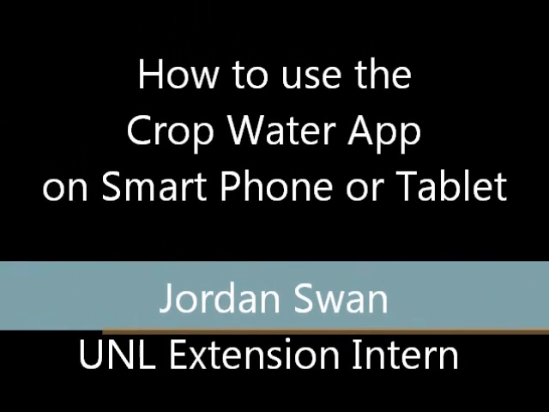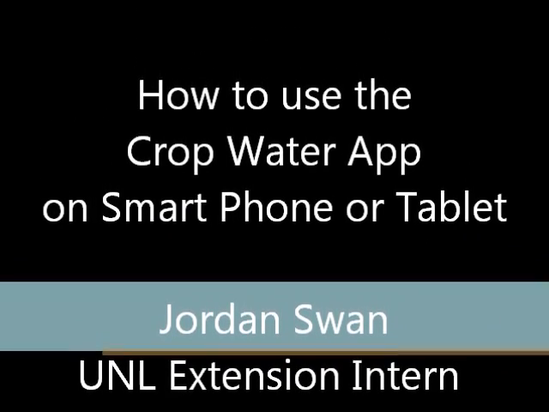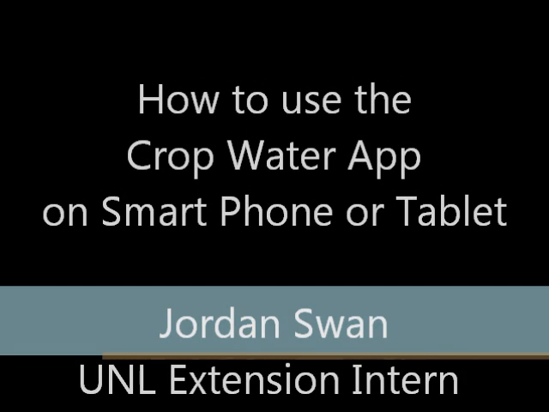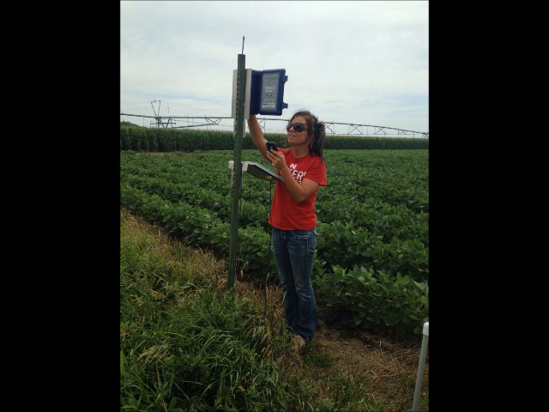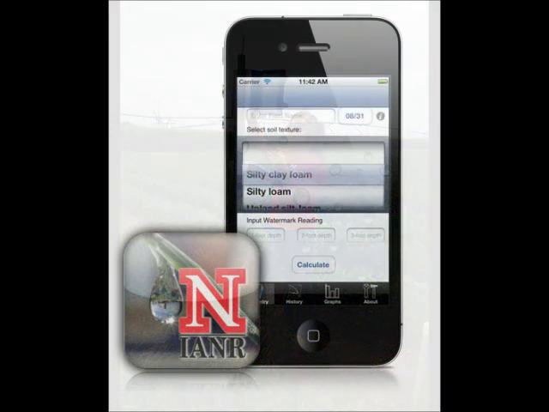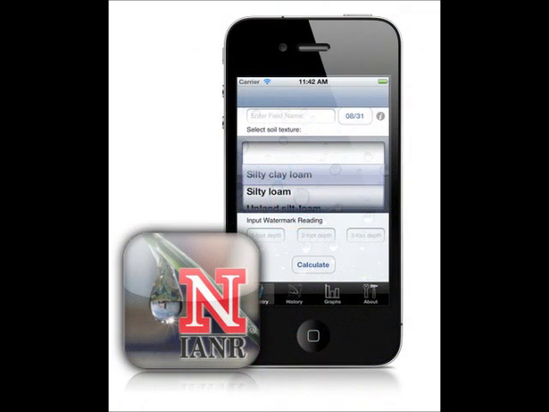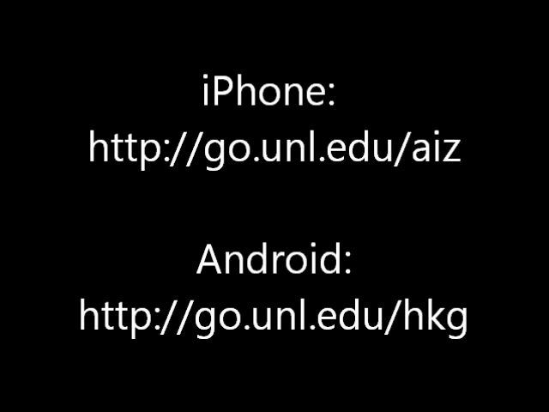How to use the CropWater app on a smartphone or tablet. A simple way to track and calculate your watermark readings is by using the free UNL CropWater app that can easily be downloaded to any Apple or Android smartphone or tablet. It can be downloaded through the carrier's app store or by following these links on your iPhone or Android phones